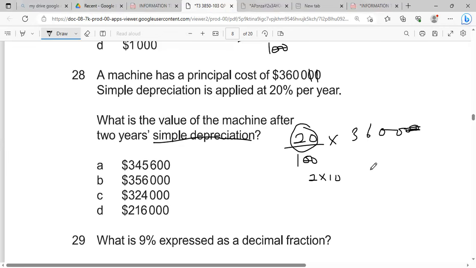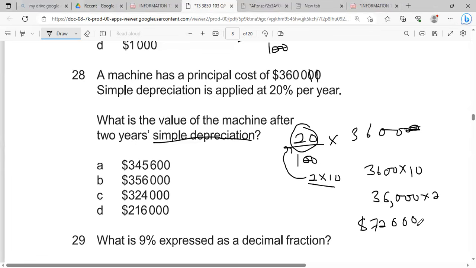All right. So what this means, we're going to multiply 3000 by 10 by just adding a 0. So this becomes 3612. And then we times this by 2 now. As 2 times 10 is 20, correct? So we split the 20 into 2 times 10. And then, remember, no calculator allowed. Which gives us 72,000. So what it means is it's going to depreciate by 72,000 over the 2-year period, which is 36,000